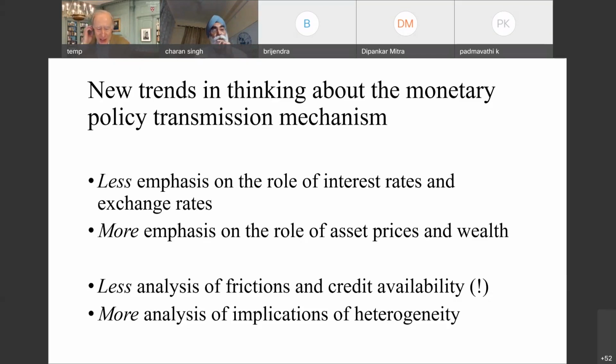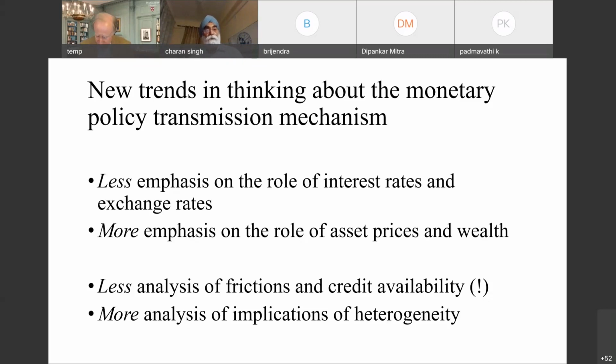And certainly Tobin's work emphasized heterogeneity among agents. Some agents are credit constrained, other agents are not. Some agents have high marginal propensity to consume, others have low marginal propensity to consume. Some agents have high risk aversion, others have low risk aversion. And so I've been very pleased to see that the current trend in research seems to be to take more